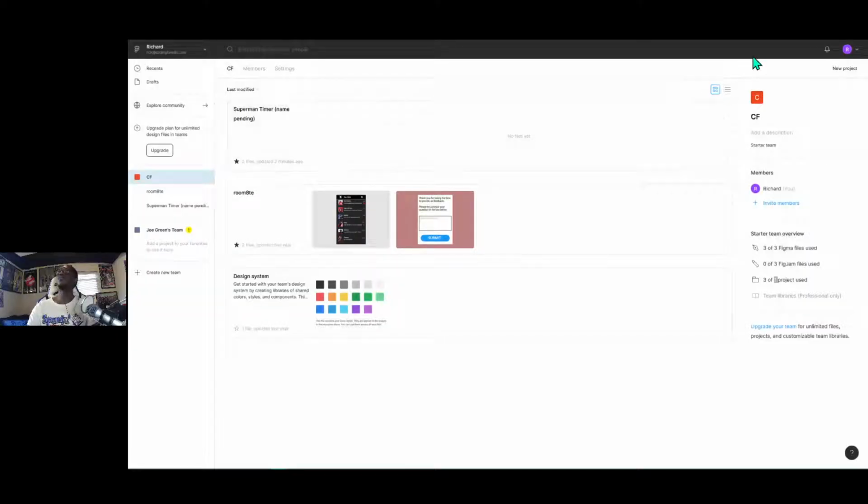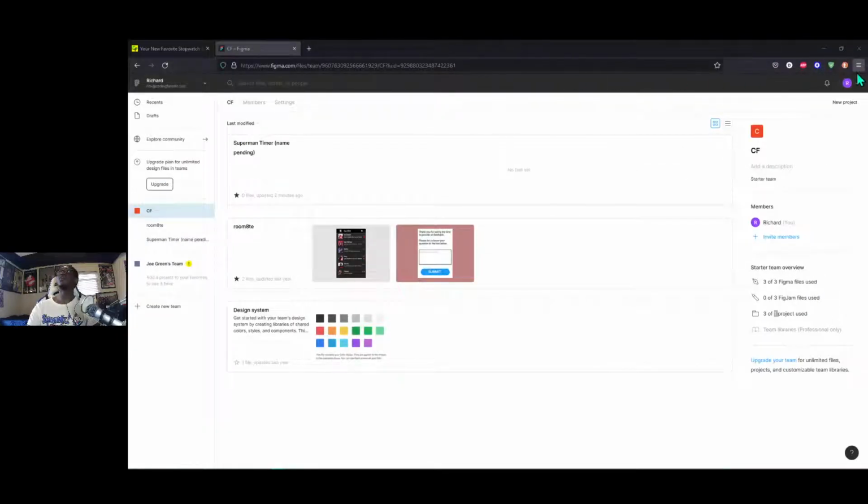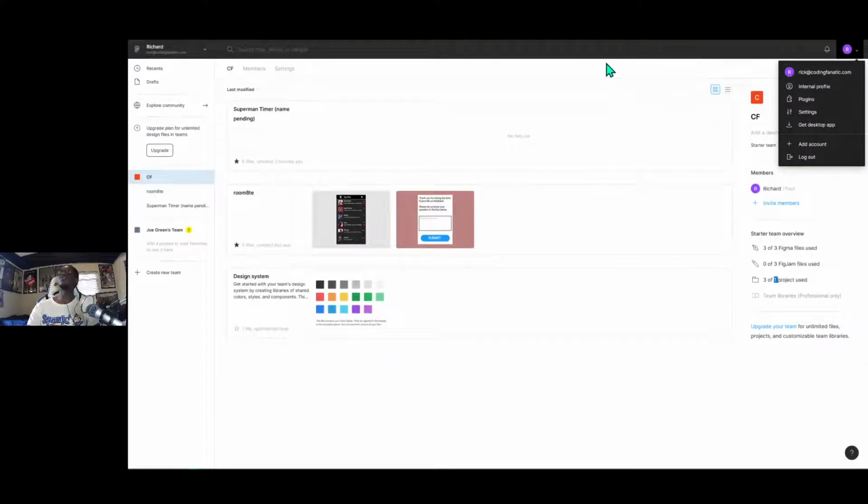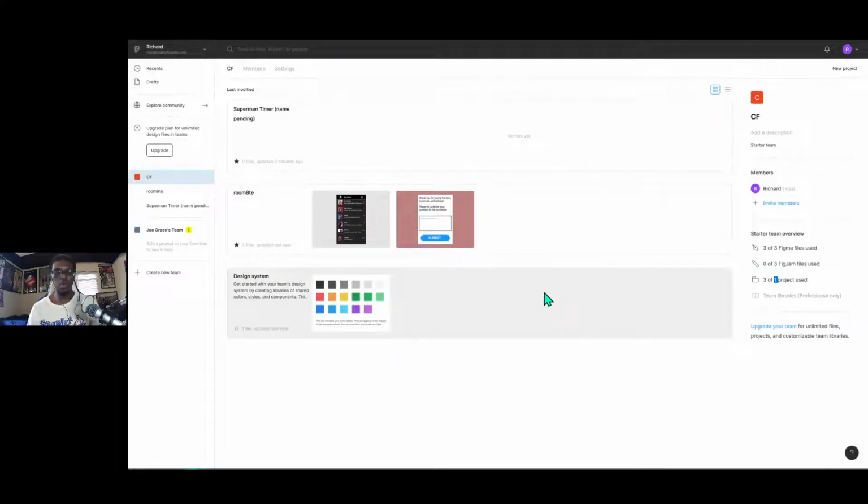All right, well, this is gonna take some more setting up and things like that, so we'll leave this alone for the time being. Instead of Figma, we're gonna use